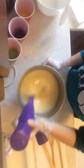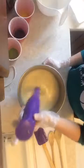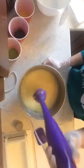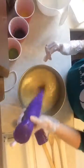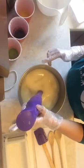Now, light trace can vary for everybody. It depends on what you think is light trace. When I make swirls on the top of my soap and I can see the swirls a little bit, that to me is pretty good. Now I'm just going to give it...